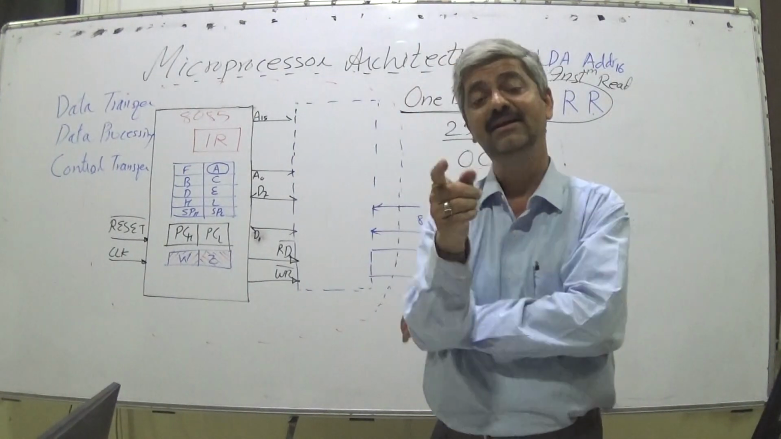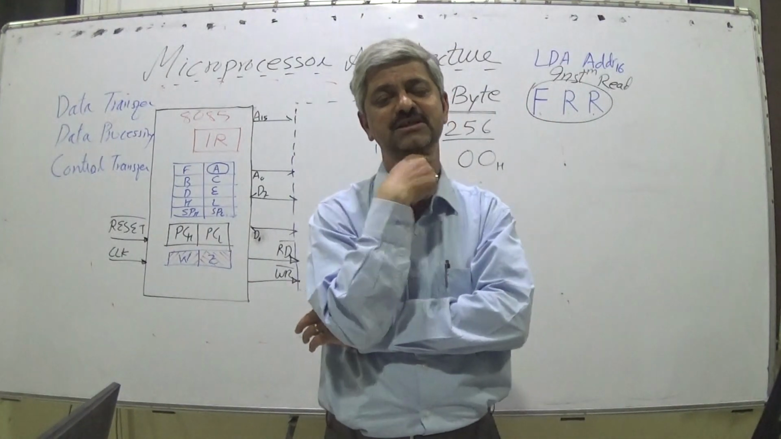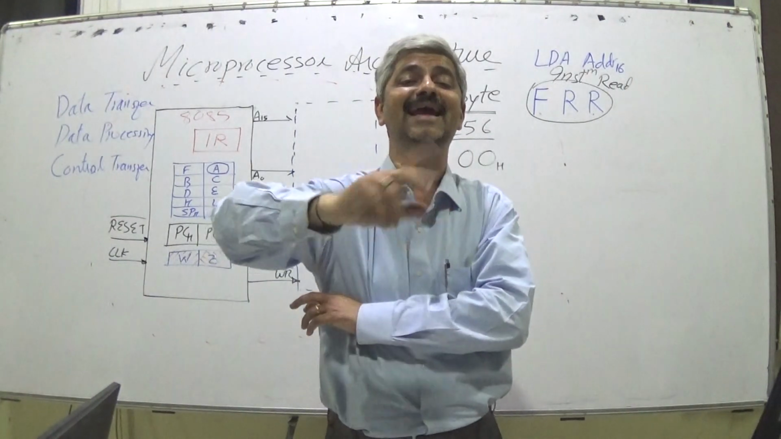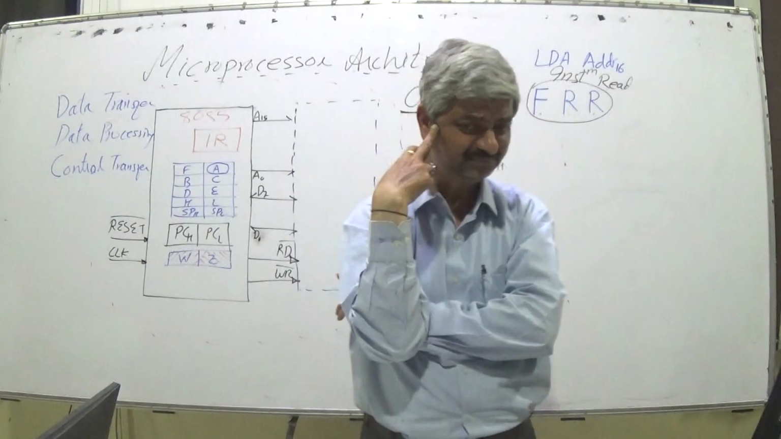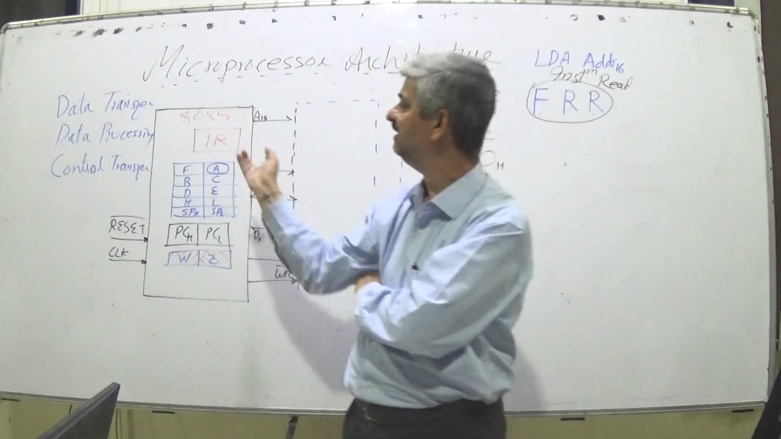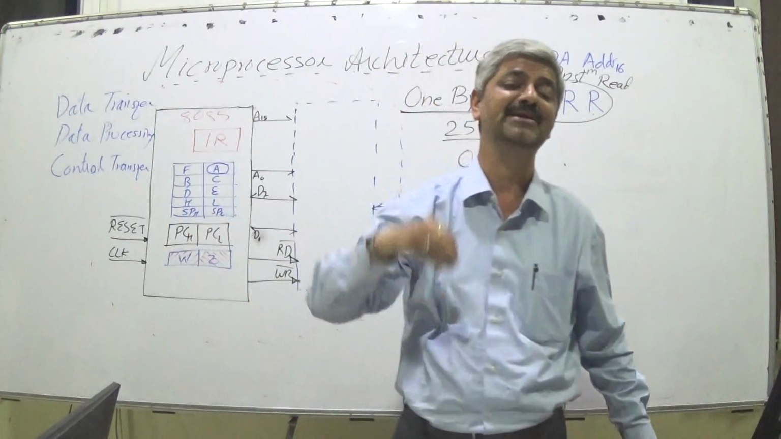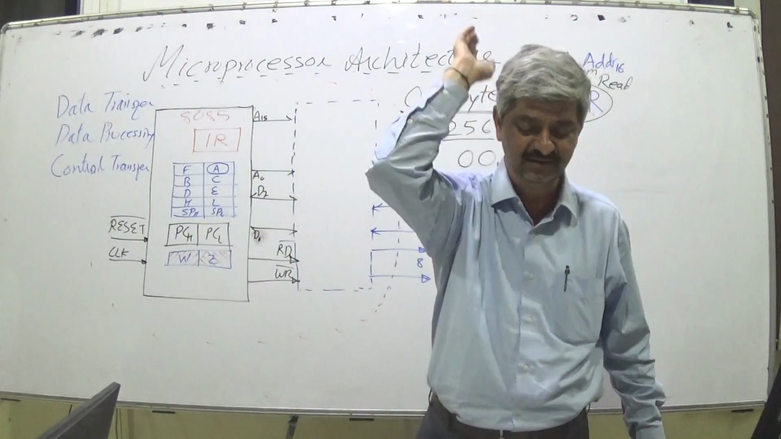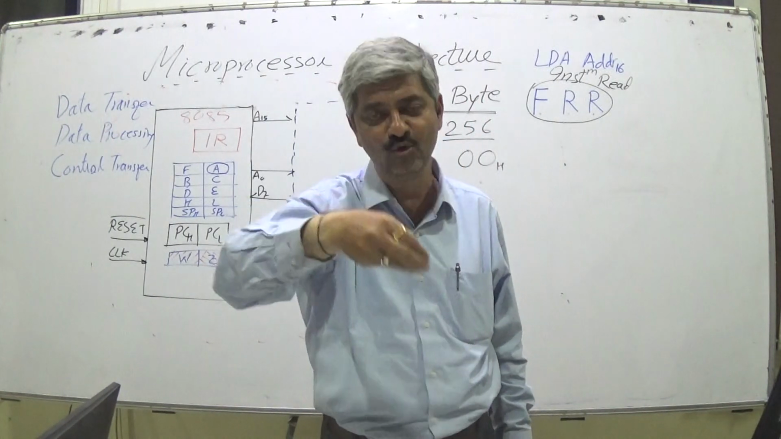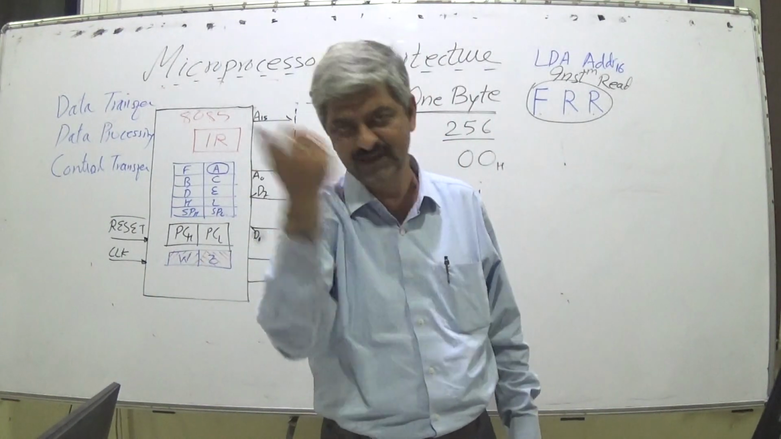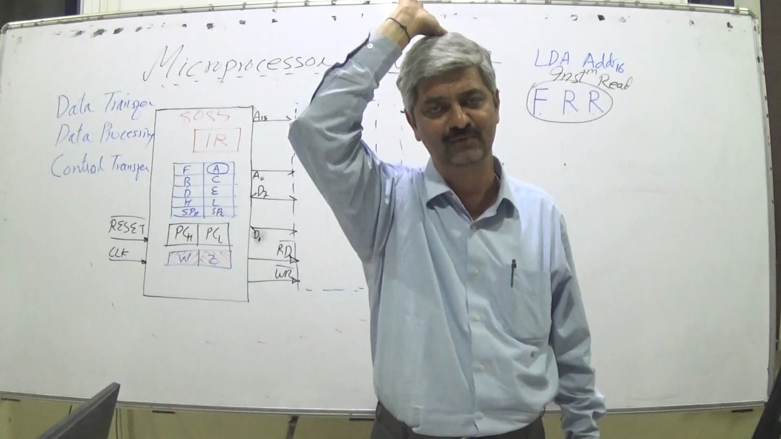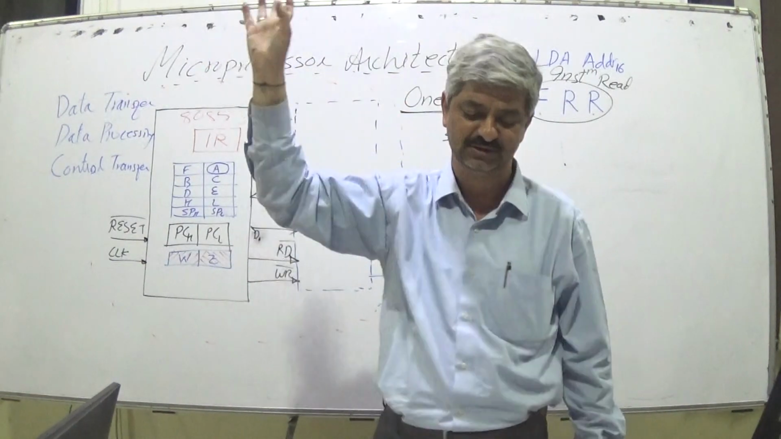Now instruction execution: suppose the instruction is some movement inside, some calculation inside, then everything will happen inside, so that will happen instantly. If the instruction is move B, C, it is 1 byte and instantly gets executed. Why? Because everything is inside the microprocessor. But